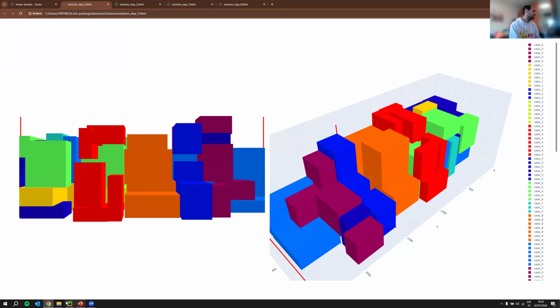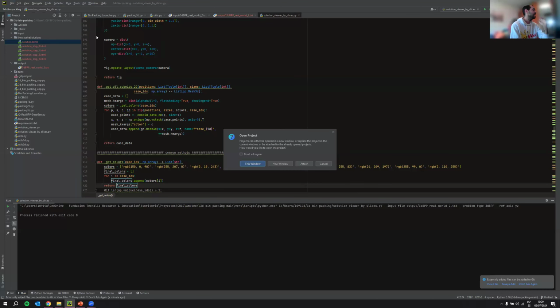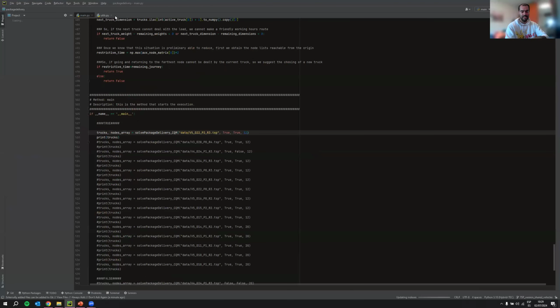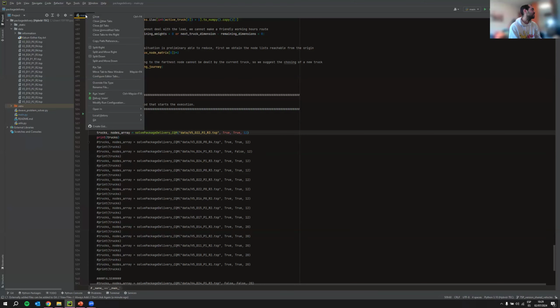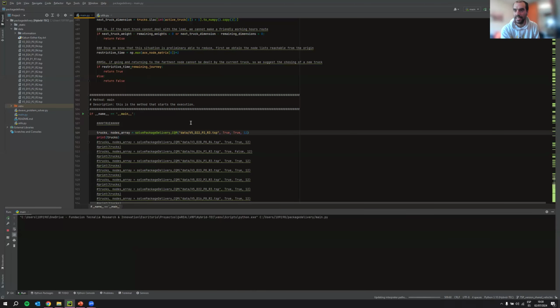Okay, we are going to change now to the other use case, the package delivery. I'm almost out of time, but I'm going to run this. In this case, we are going to solve a problem composed of 22 different deliveries.